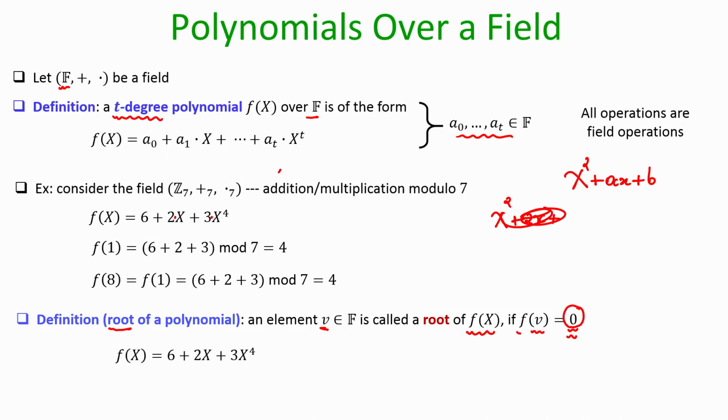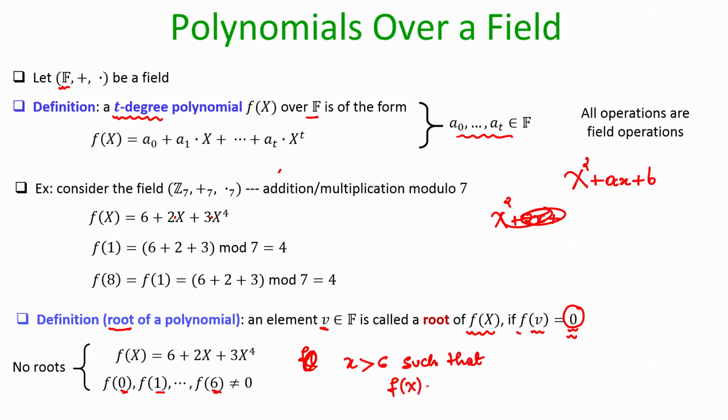So, again let us take the example of the polynomial that we have written down above, where my field is Z 7. Now it is easy to see that this polynomial has no root, because f of 0 is not 0, f of 1 is not 0, f of 2 is not 0, f of 3 is not 0, and like that f of 6 is also not 0. Now, you might be wondering why I am only restricting to x equal to 0 up to x equal to 6. It could be possible that there is some value greater than 6 such that f of x takes the value 0 for this particular f.